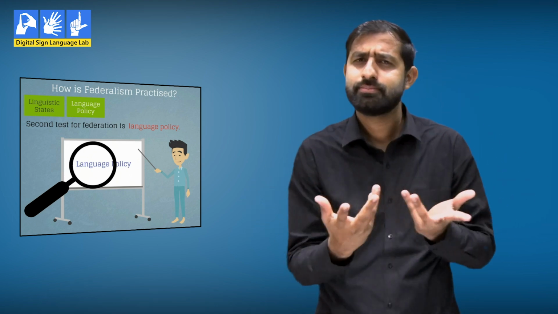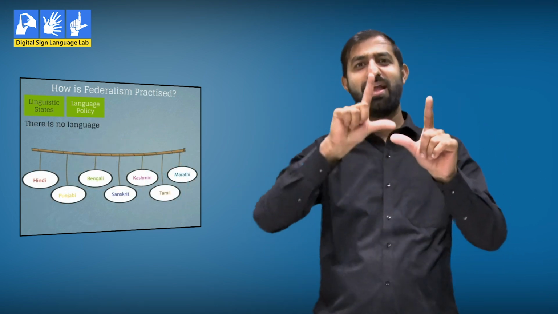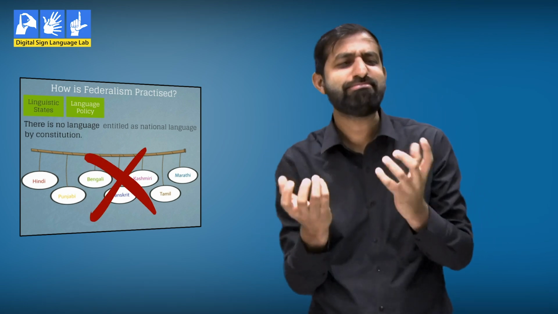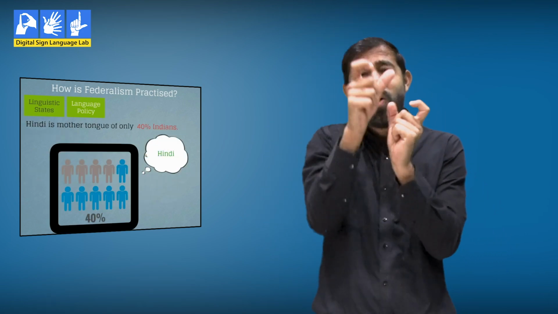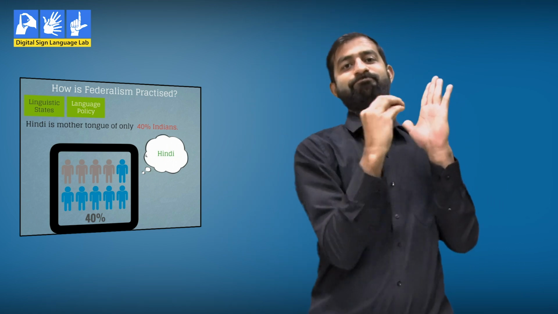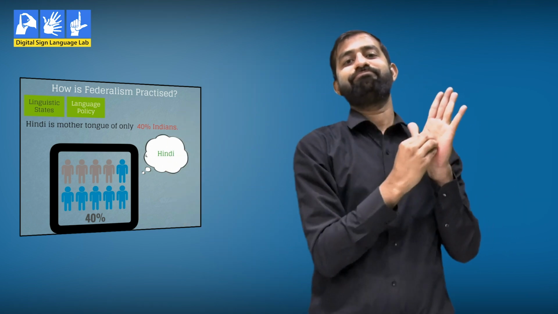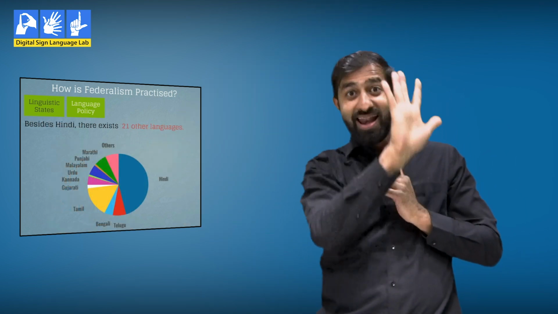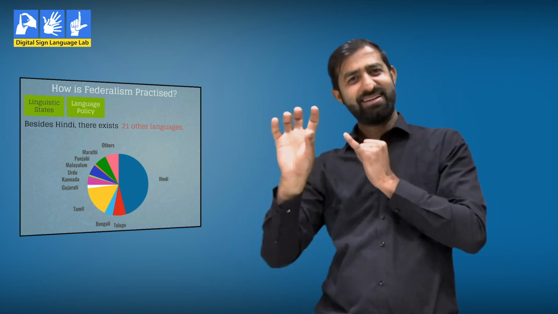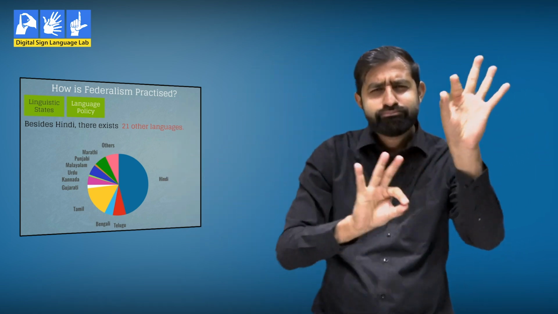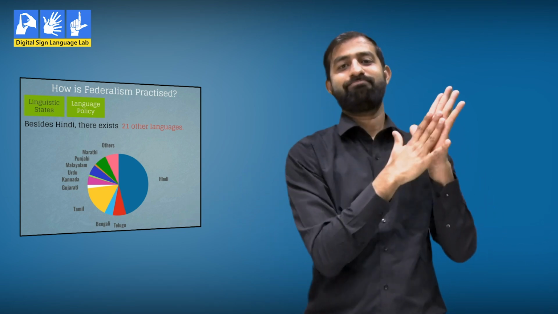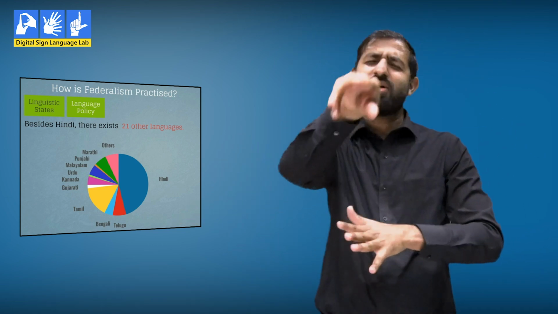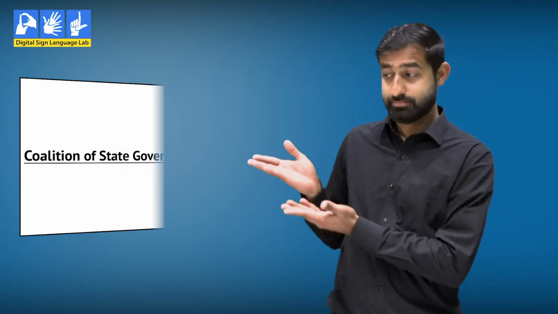What is language policy? In India, we have many states and many spoken languages. It became difficult for the government to pick on one national language. In India, one language that was largely used across the states was Hindi. It was then decided that Hindi would be marked as an official language and English is the second official language across the country. India is a large country with many states and many regional languages. The government of India has picked 21 languages and marked them as scheduled languages in the constitution. These languages are honored by Indian people.